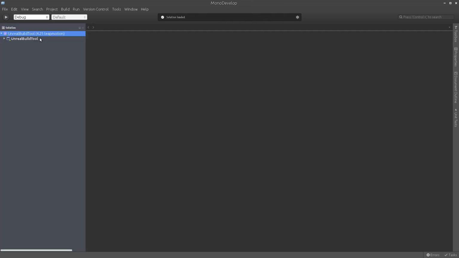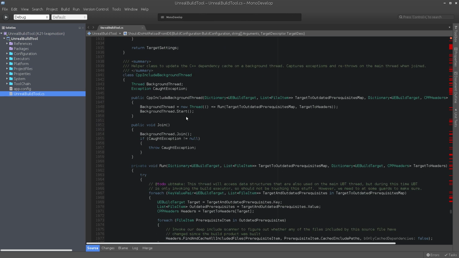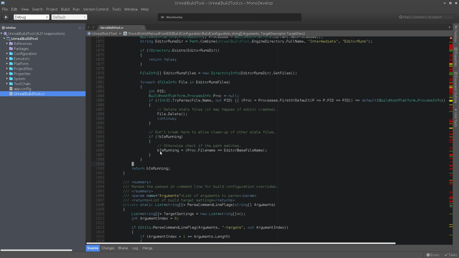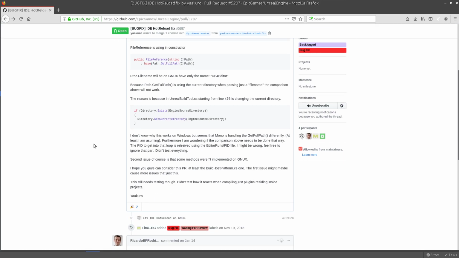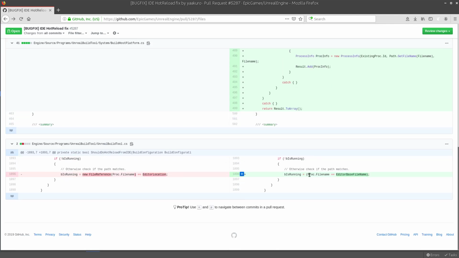Now let's do it for the Unreal Engine 4.21. Here you can open this Unreal Build Tool CS, and that's in line 1896. I replaced it already, as you can see. Just copy this line